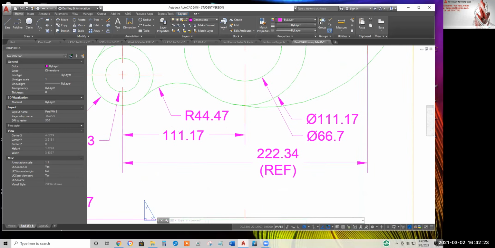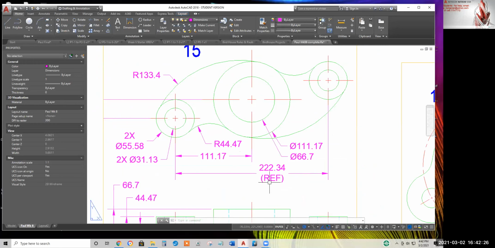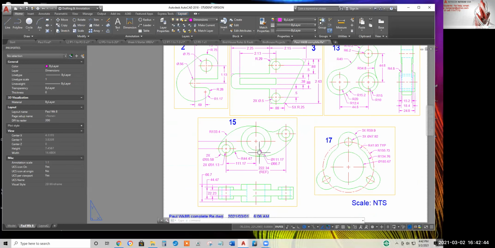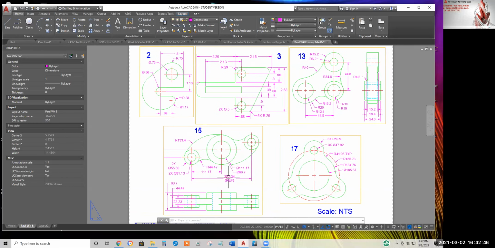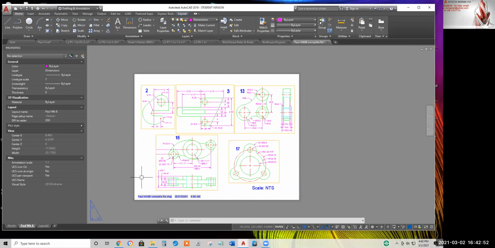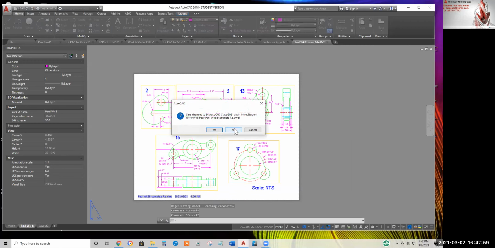Oh, for some reason I put REF there. It's pretty odd. When you've got a center line, when things look symmetric, you can assume they are symmetric. So I might rethink that. That's about all I've got for review